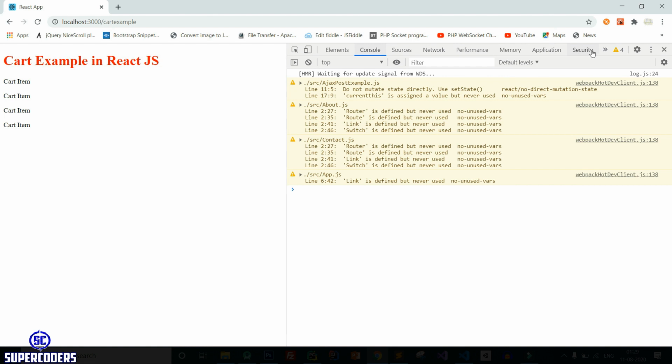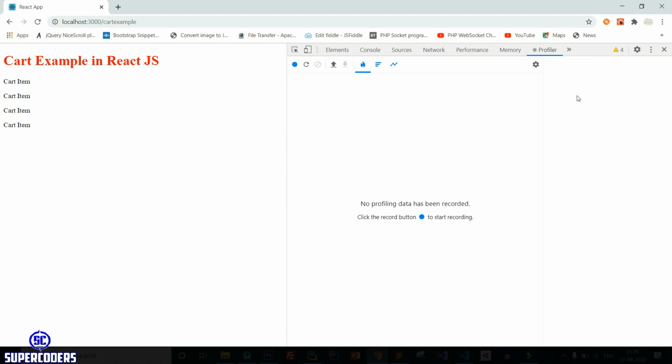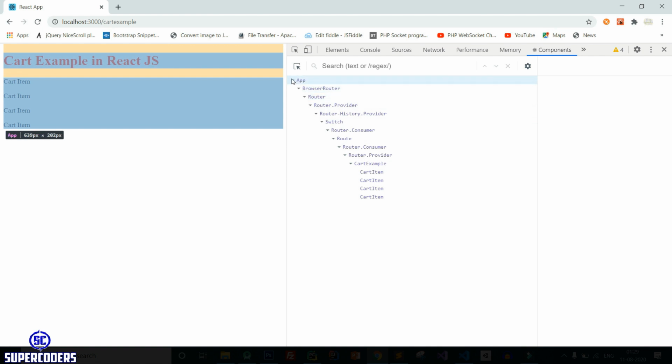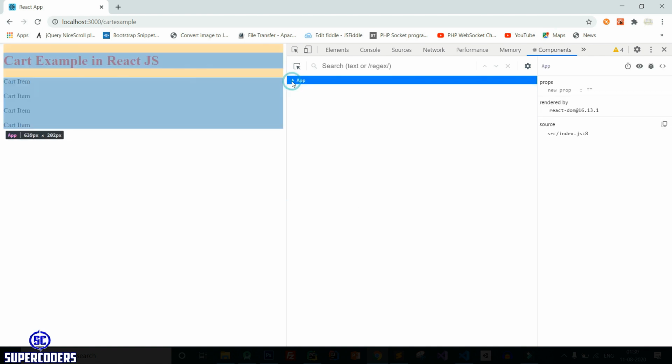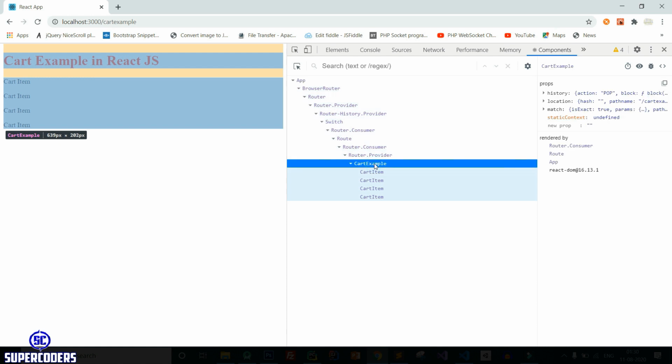Now here you can see your React app. Click on this and you can see component and profiler. So these two things come when you install React. Now let's come to component, and here you can see all our element will show. So you can see our parent is app. Then I add browser router, history, consumer, and our parent is cart example.